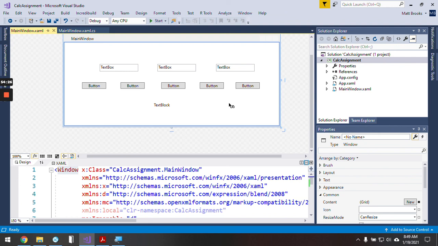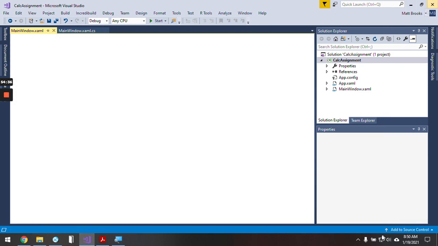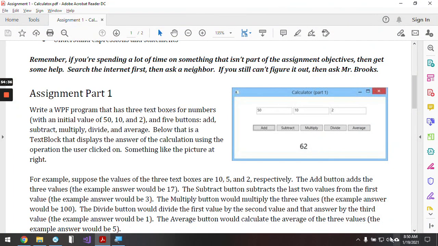I'm going to stop here for today. This gives you the first beginnings of your calculator assignment. Close Visual Studio, and then to eject,